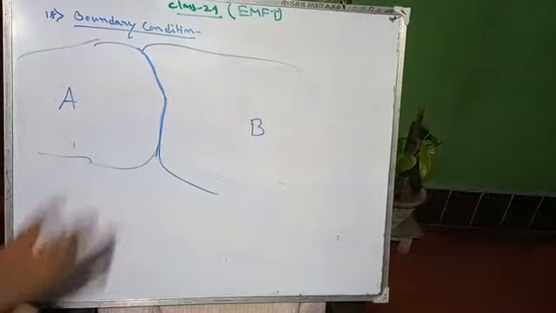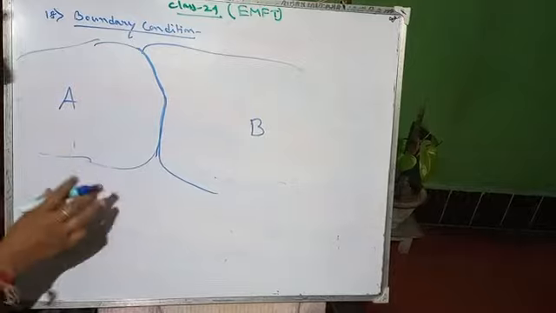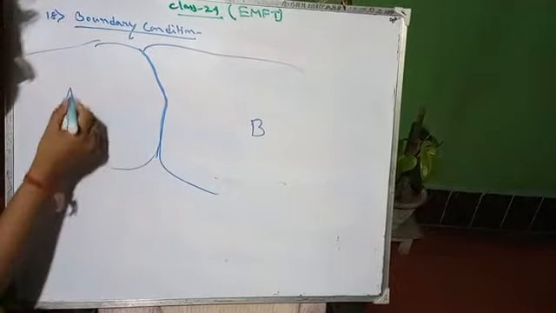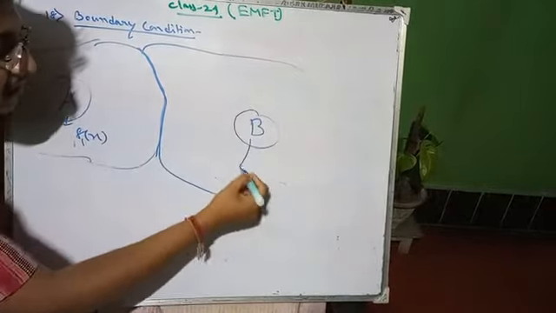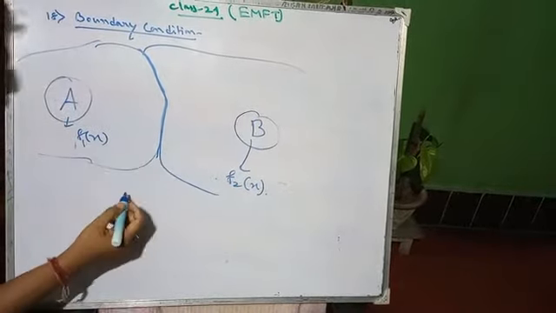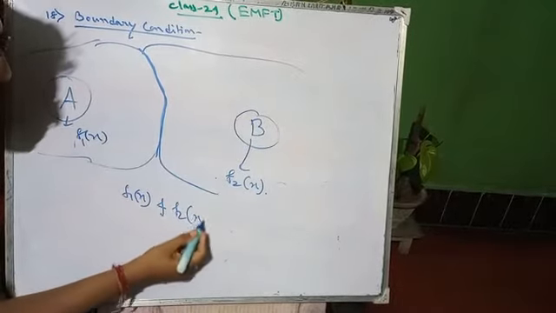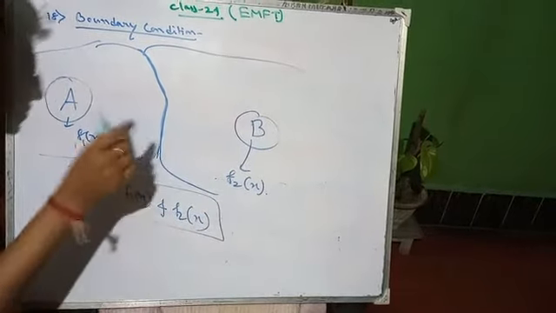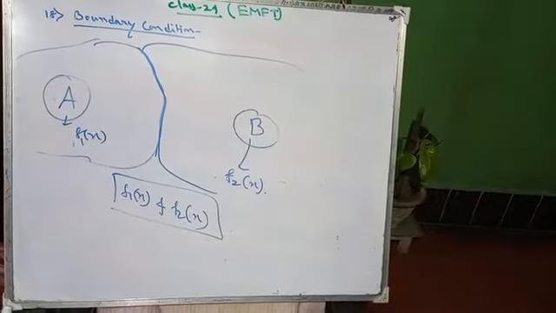Whatever it is, we are taking it as an equation. We have to find some equation for this boundary condition. So boundary condition means this system has a characteristic equation, suppose f1(x), and this system has another characteristic equation, suppose f2(x). And this common boundary will satisfy both f1(x) and f2(x). This is the ultimate condition for a boundary. So the boundary always satisfies both characteristic equations of the two adjacent systems.